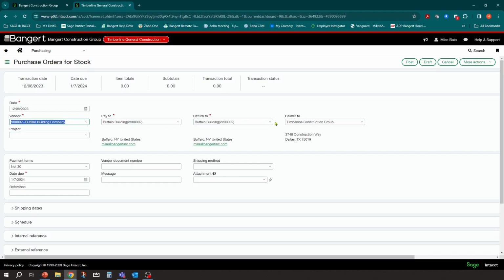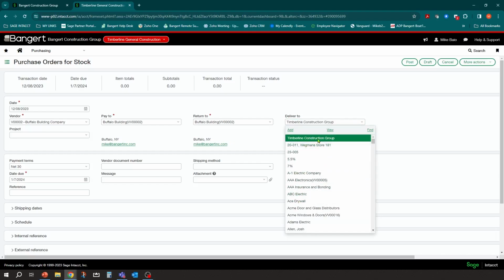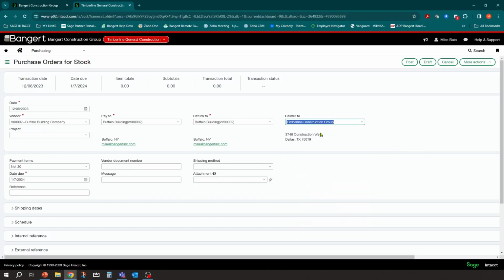And if you remember in the transaction definition configuration, I checked off those buttons to allow editing to the pay, the return, and the deliver to. So now I can make sure that it's being delivered to the correct space. So I can say my deliver to, this is my warehouse address, or maybe you have some different contact lists set up for each of your warehouse locations. So you can actually say show more and go find your warehouse address. But in this case, it pre-filled correctly with our default address, which is our Timberline Construction Group's main location. So it is set up correctly.